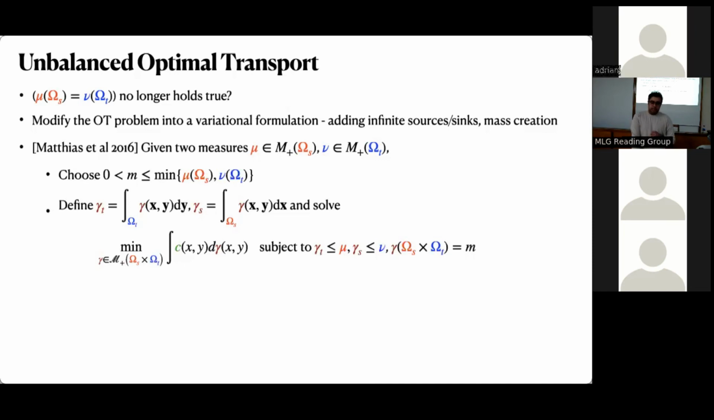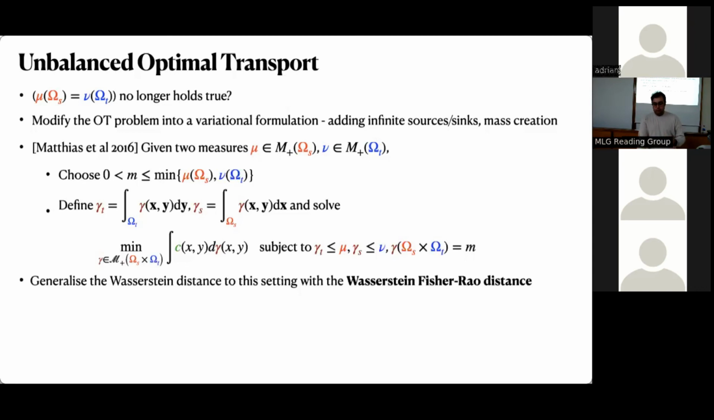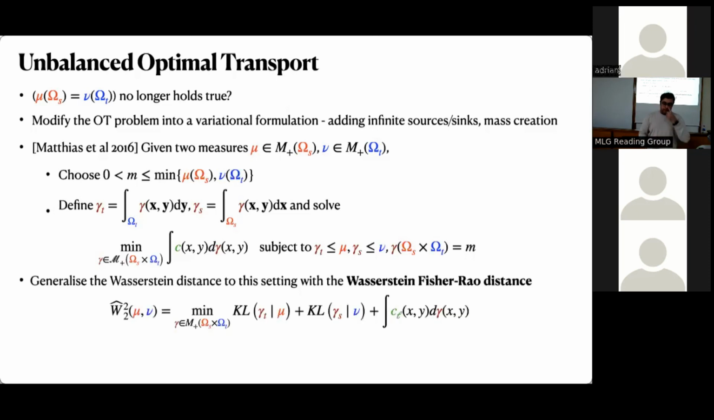And it turns out that actually solving this is quite complicated and takes a lot of effort and a lot of different fields of maths, and it's not really easy to formulate, but the solution ends up looking like something that's intuitive to understand, if not to prove. And that solution ends up being something that's called the Wasserstein Fisher-Rao distance, where you basically change the Wasserstein distance,